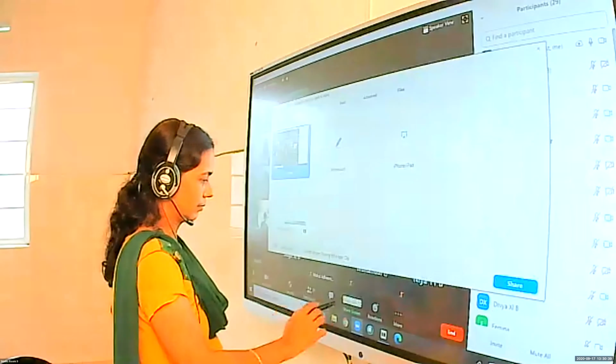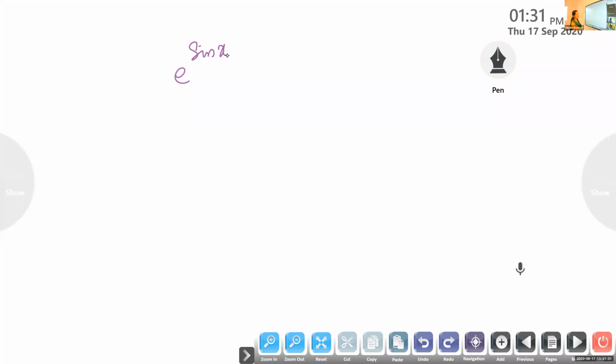Okay, children. So now, open your mouth and give the answer. Don't hesitate. Suppose the question is like this. Which are the functions you have here? Sine x. What is the first function here? e raised to x sin x. e raised to x is one function, sine x. Instead of this x, we have another function there.